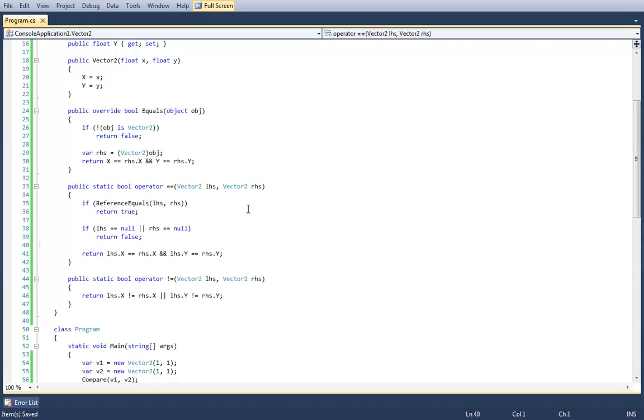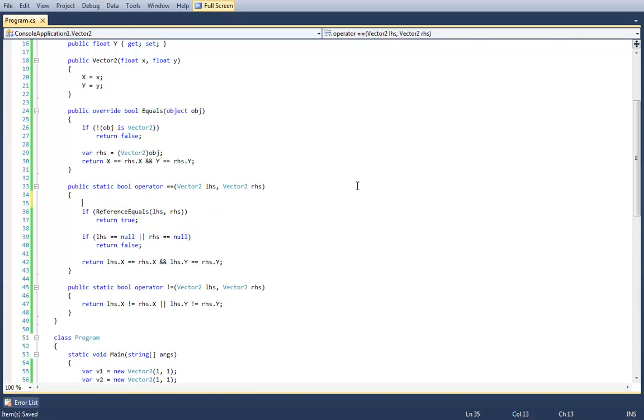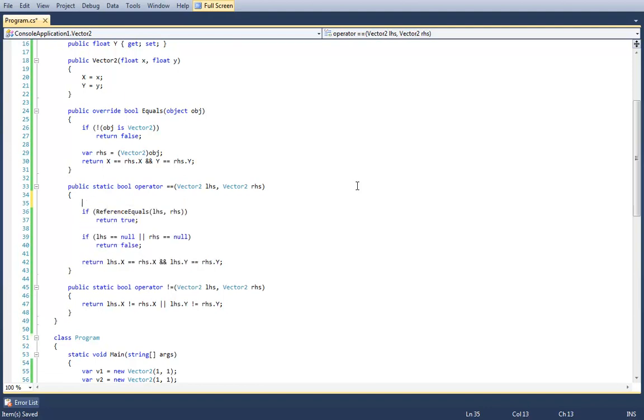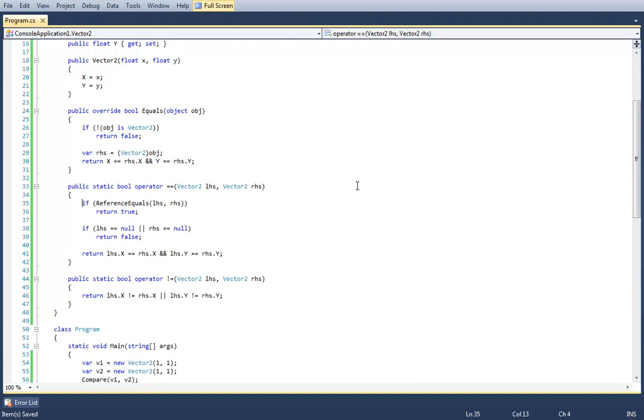Although you haven't talked about reference equals, have you? Nope. Reference equals is a static method on the object type, meaning it's available in pretty much any context that you work in, unless you're working in static. The object class has two methods on it, equals and reference equals. Reference equals does exactly what it says it does.